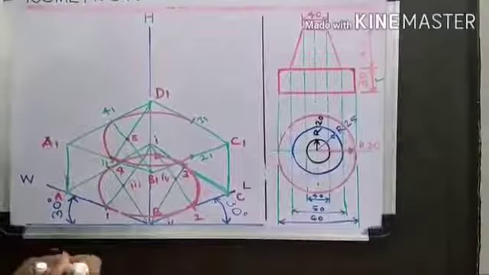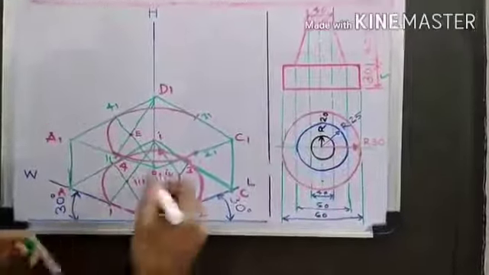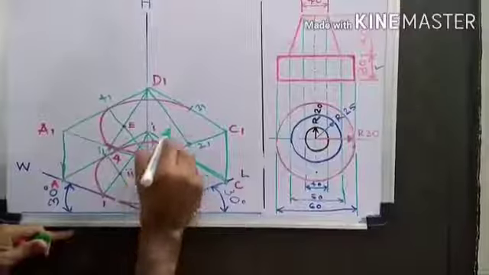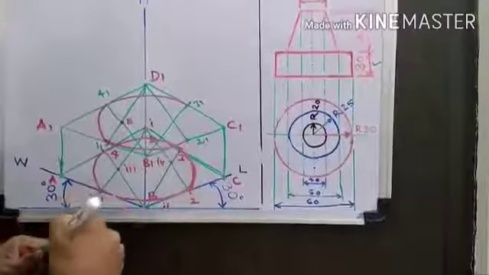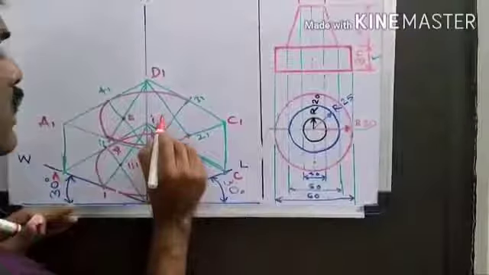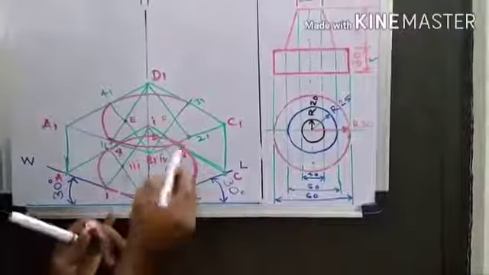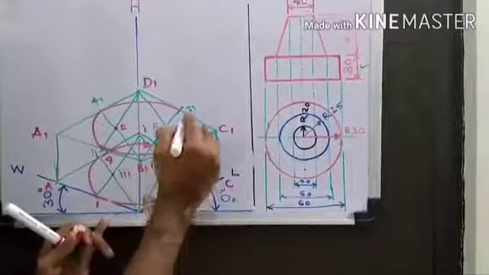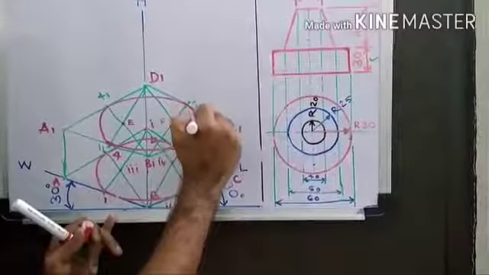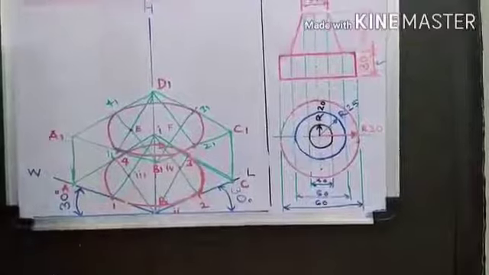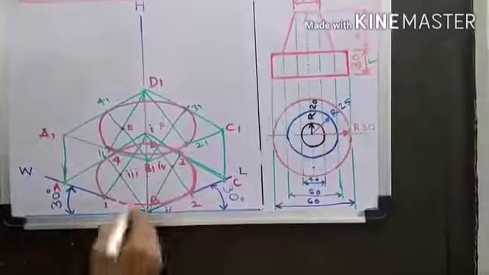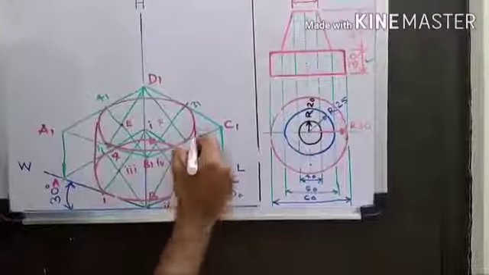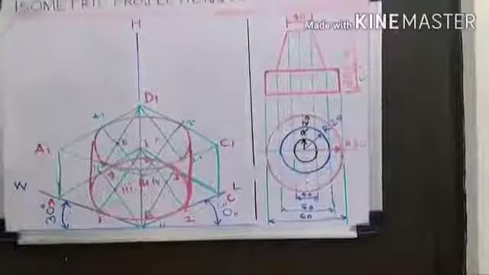Similarly, here the lines are not drawn. Now I am drawing D1 to 2 suffix 1, B1 to 3 suffix 1. This is going to be another center, naming it as F. F is a center, F to 3 suffix 1 is a radius. By using a compass, draw an arc between 3 suffix 1 and 2 suffix 1. You will get another ellipse. Now finally, you want to join these two lines. You will get a cylinder.